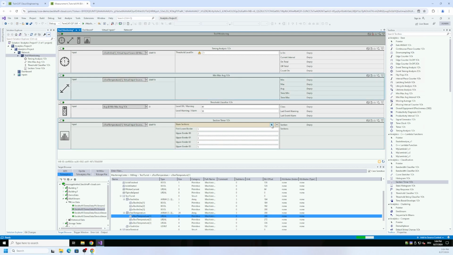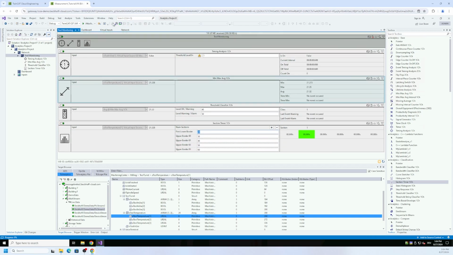I can add here a lot of areas. In our case, we make it really easy. So 60, 50, 40, 30, and 20. And then this is configured. As I said, really quick to configure, right? And if you then start the recording, you directly see some information on how long the temperature is in which area. And so you get here an inline histogram to observe this.